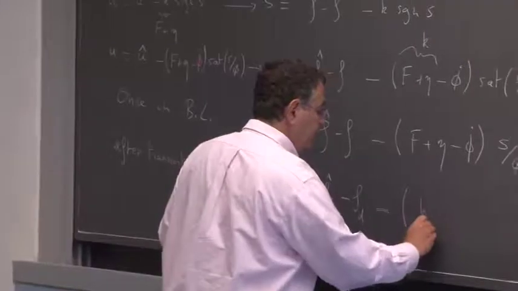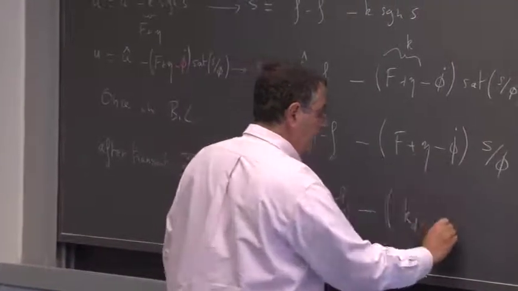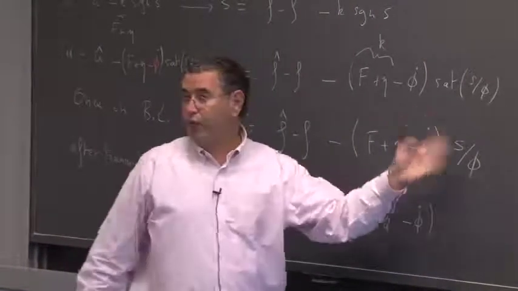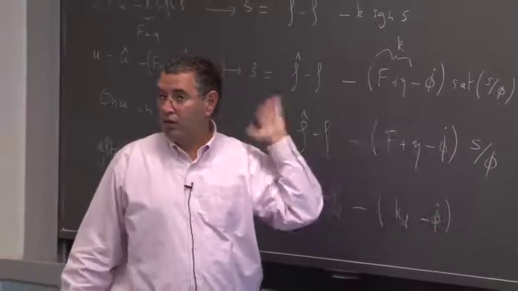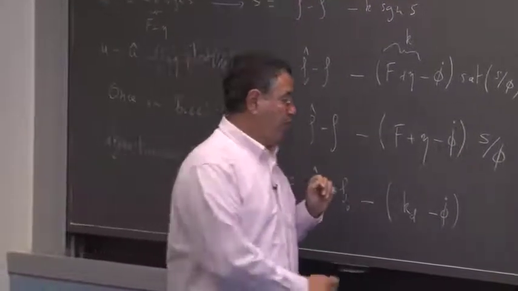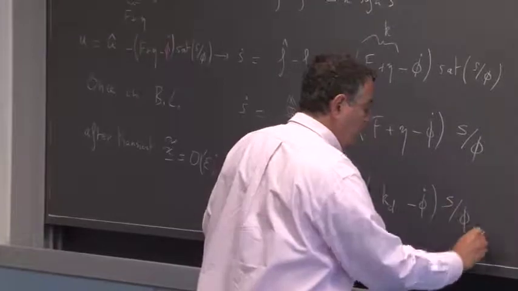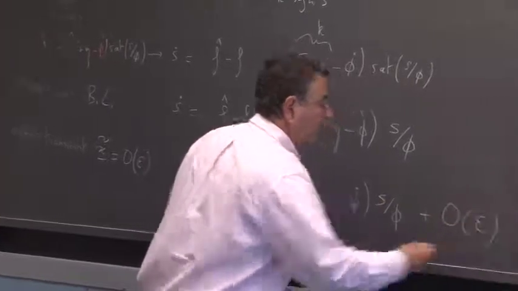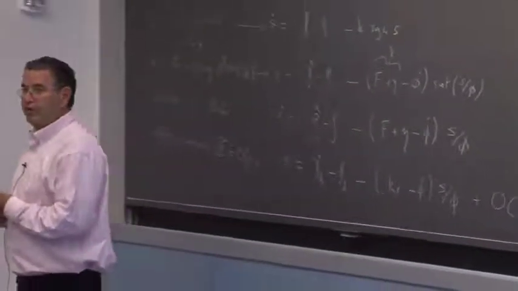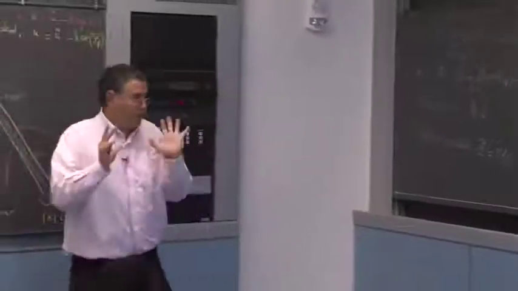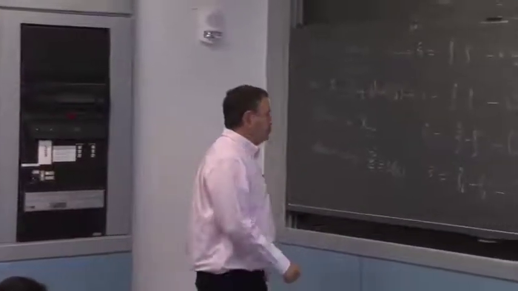There's going to be this k sub d, similarly, minus phi dot S over phi is less than 1. Okay, so that if we multiply it by something of the order of epsilon, we get something of the order of epsilon. And so we just leave that term at the end. Okay, so this is an approximation, right? It's just saying